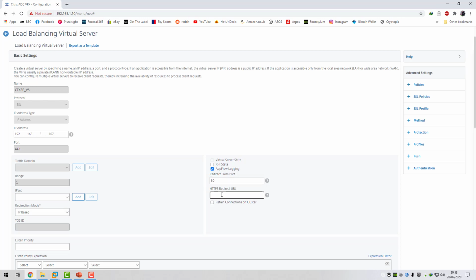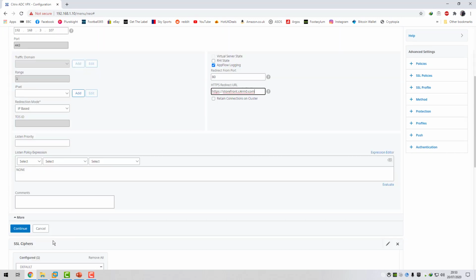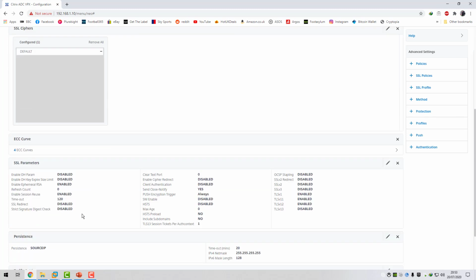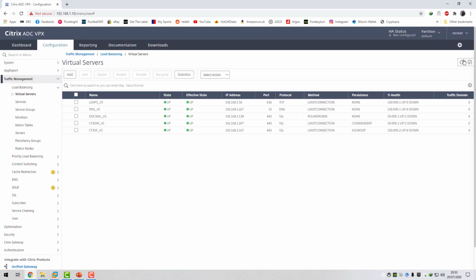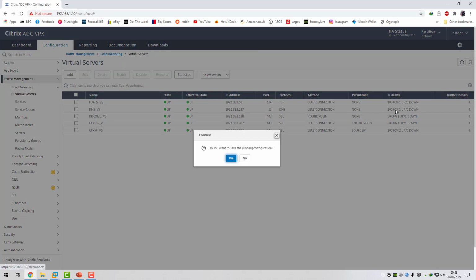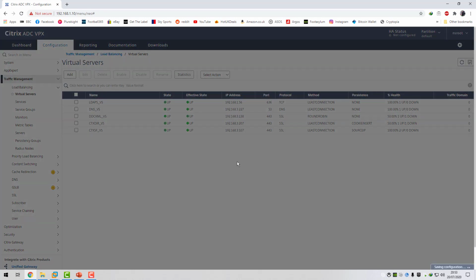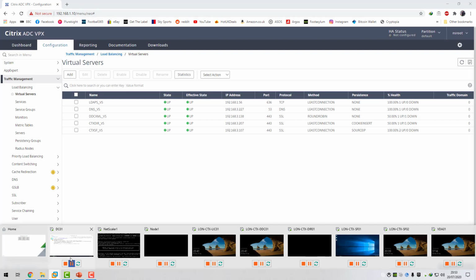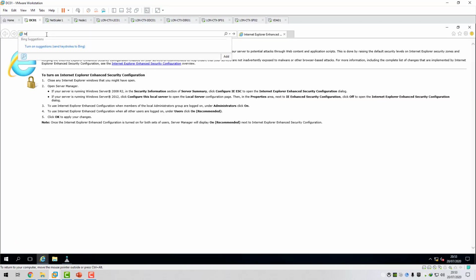and the HTTPS redirect URL will be https:// and then it's storefront.carmo.com. We'll click on continue, and then click on done. So that's our HTTP to HTTPS redirect as well on our Storefront virtual server, which is best practice, and I like to do that. So if we now go back to our domain controller and try to connect to our